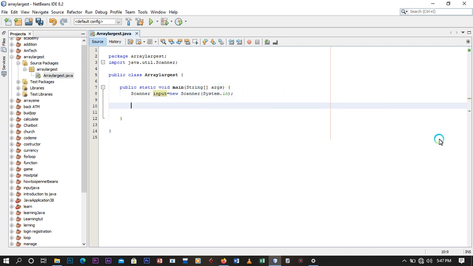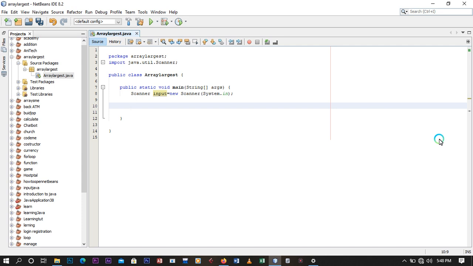So from our question, you should allow the user to input certain numbers. It can be one, it can be 2, 3, and above. So the user should input those numbers, and after the user has input those numbers, the system should print out the largest among the numbers.